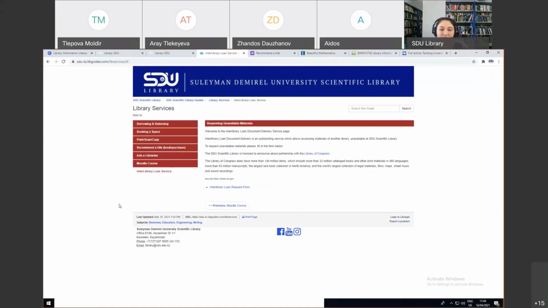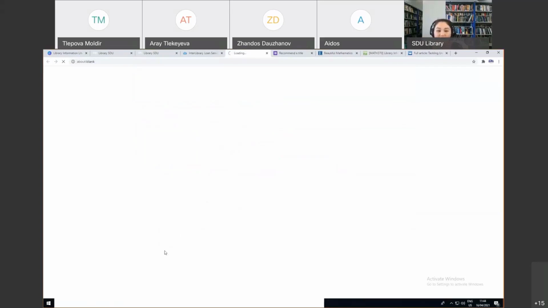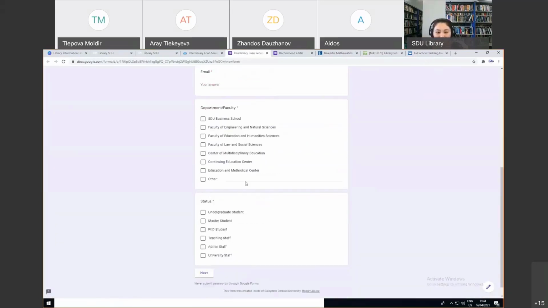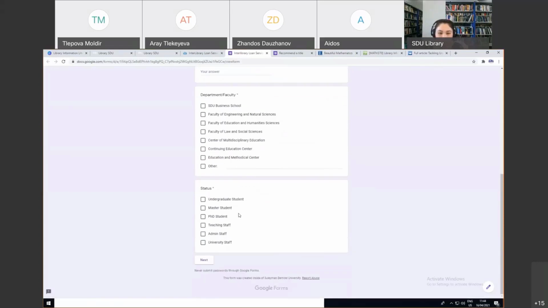So let's say if you need some article from the library databases, but it's not available, so it asks you to pay. In this case, you can come to the Interlibrary Loan Service tab and fill in the form. Within this form, you can say that I need this article, provide information about you and your faculty and status, and give the